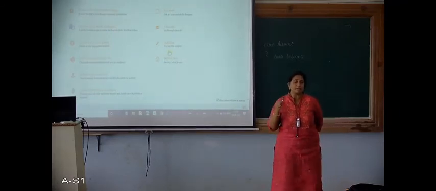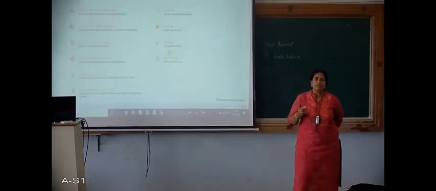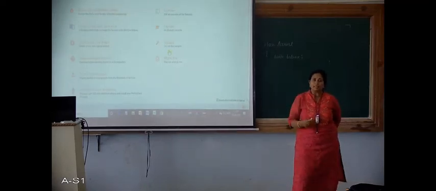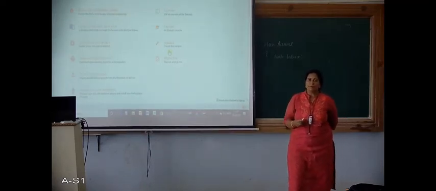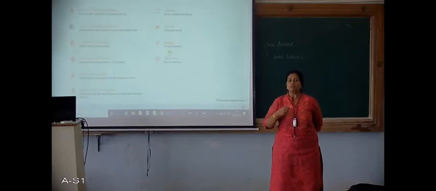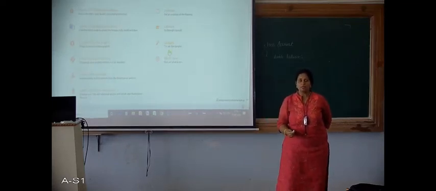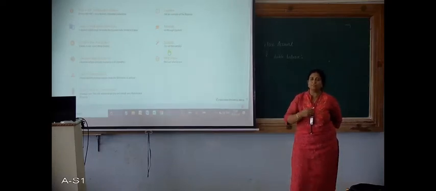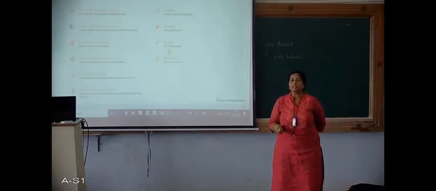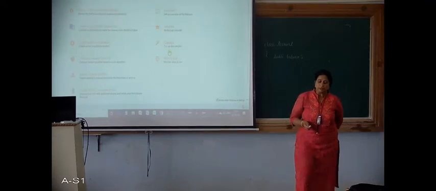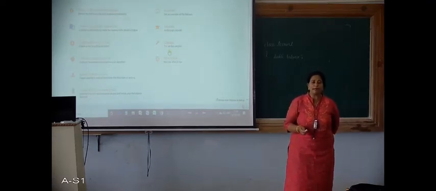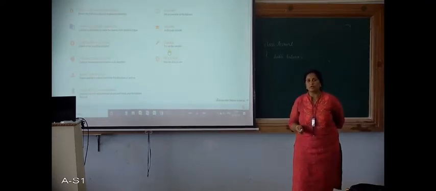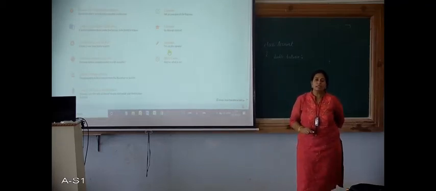That means at any point of time, it should not go below 500 rupees. The moment a person becomes an account holder in a bank, it is mandatory that he should have a minimum of 500 balance maintained in his account. So let us consider this as a constraint.